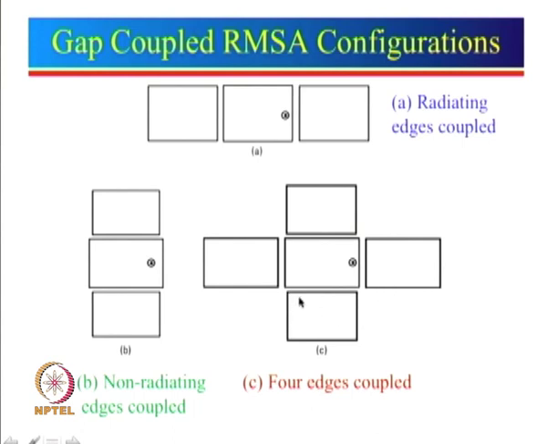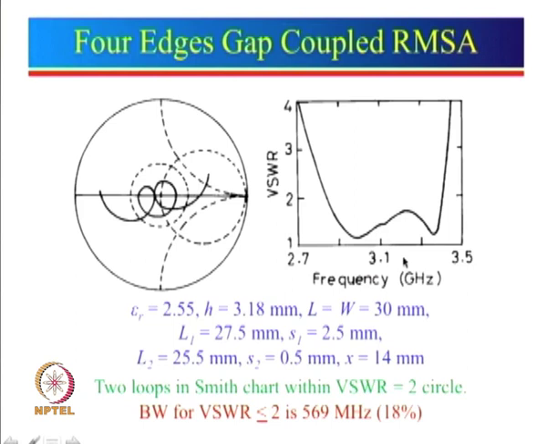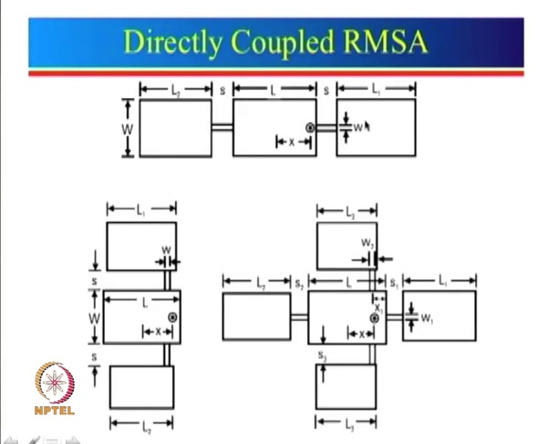So, there is a trade off between the gain and bandwidth. You know that in general the gain bandwidth product is relatively constant in the case of an amplifier. Well, it is not always applicable 100% to antennas, but somewhat applicable here. So, just to repeat, if this is L1, L1 and if this is L2, L2, we will get a broader bandwidth, but slightly less gain. But if we take this L1, L1, L1, L1, then bandwidth will be slightly less, but gain will be slightly more. So, instead of using these gap coupled, one can go to the next configuration, which is known as